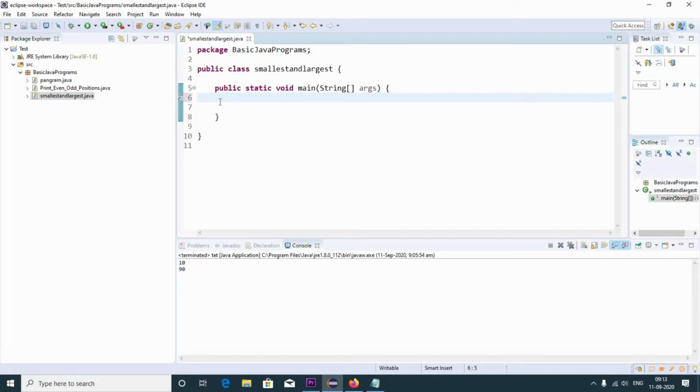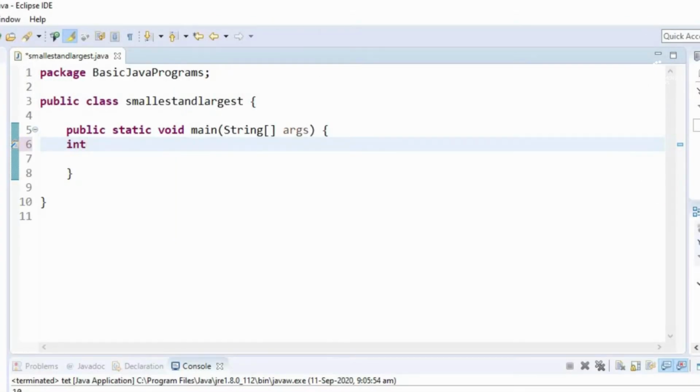So the first step is we'll initialize an integer array. We'll give some random numbers.